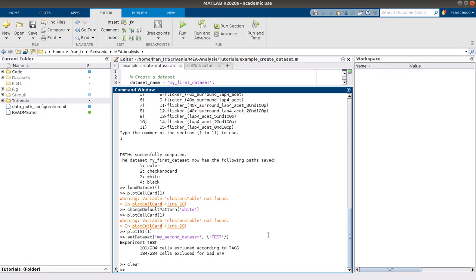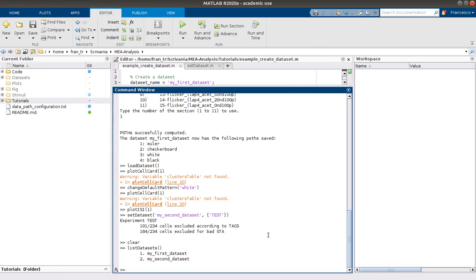So now I have two different datasets. I can list my datasets using this function, list datasets,